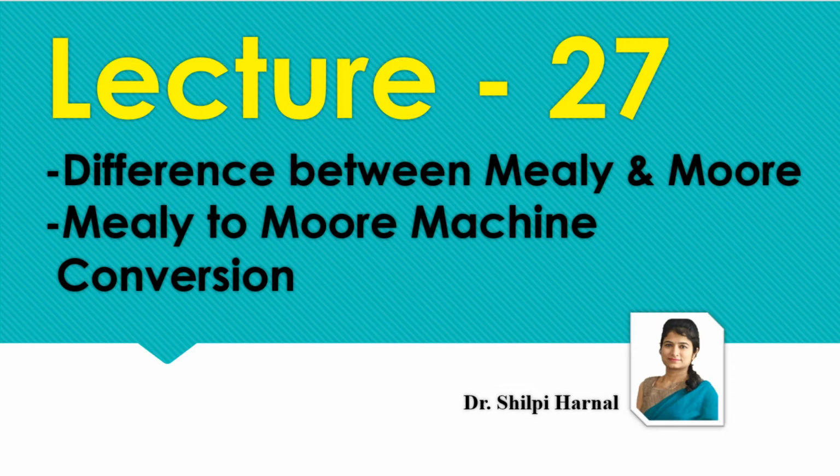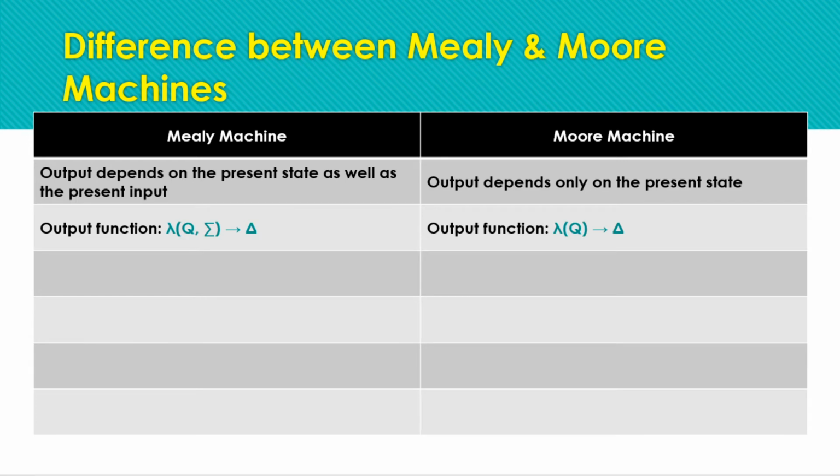In the exam you are going to get a question on the construction of a Mealy or Moore machine, or directly on the conversion process of Mealy to Moore machine. In the exam you may be given the table of a Mealy machine and you have to draw the equivalent Moore table. You can do it easily by using a simple trick that we are going to cover in this lecture. Firstly, we are going to cover the difference between the Mealy and Moore machine.